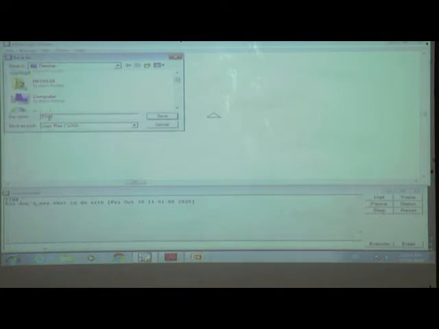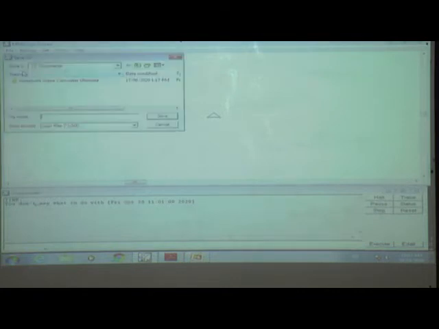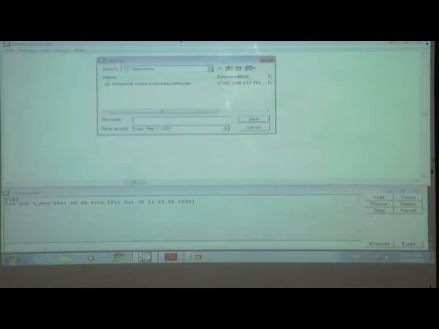All the process is the same. How to save in WordPad? Firstly click on the file button, then save. We can see this type of window. Then we can save at any location. We will save this on the desktop, and then we can give any file name, our roll number or our name also.